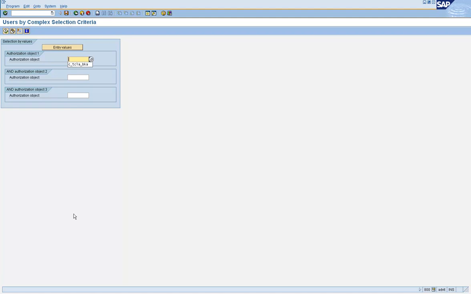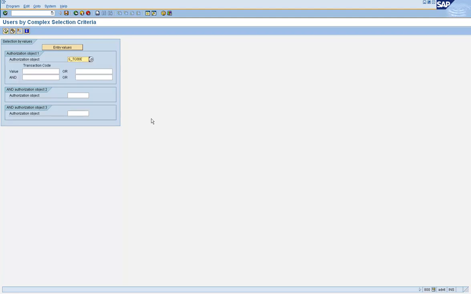What is the option here? The field name is authorization object. So you have to give the authorization object. Okay. So you go to S_TCODE. Hit the enter key. It will open up the fields that are under that object. Okay. SU01. Now, is it sufficient as per the criteria of who has the ability to create user IDs?